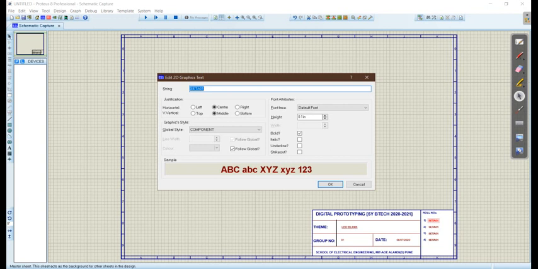For example SETA01, whatever it may be. So roll number should be kept in full form only. Click on OK.